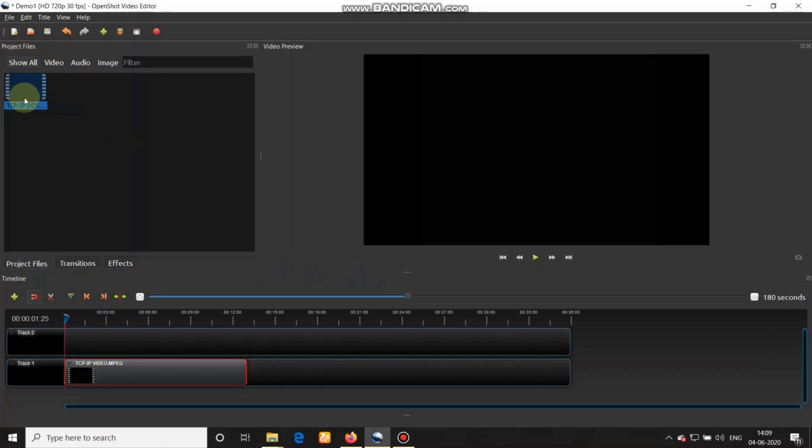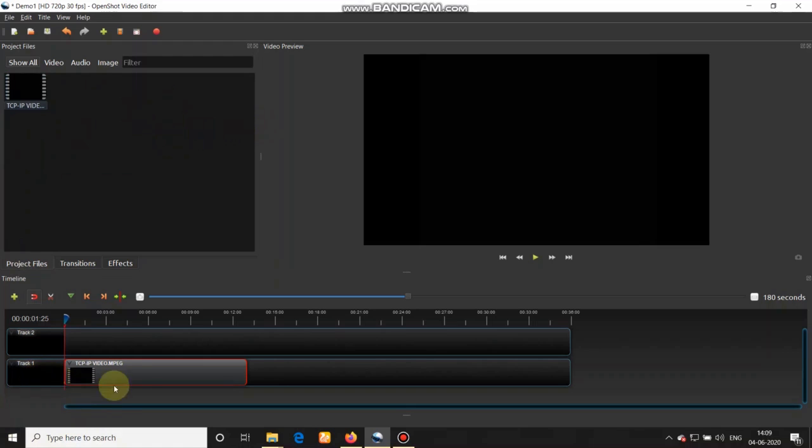Select the clip. Suppose I want to adjust the volume of this particular clip. As in the previous method, you just need to right click and select add to timeline. I have already done that.